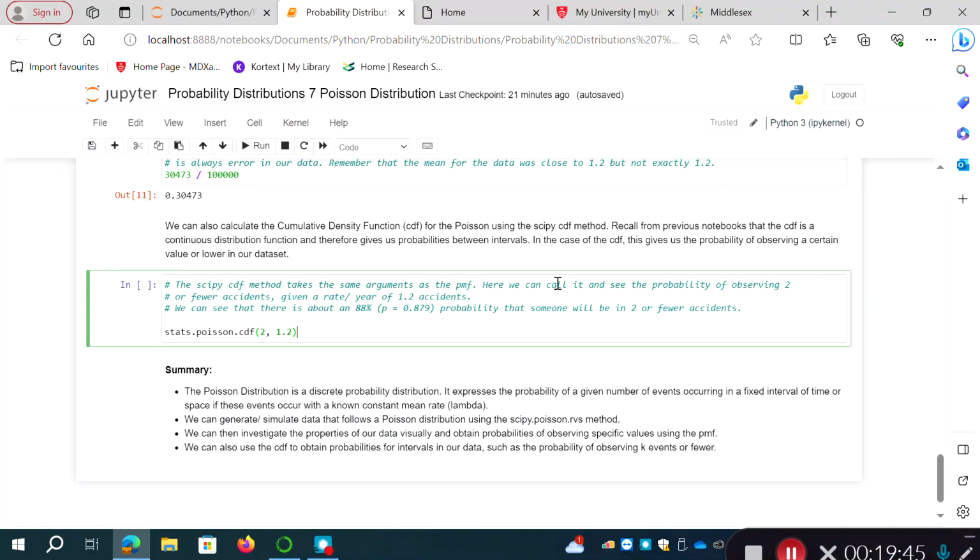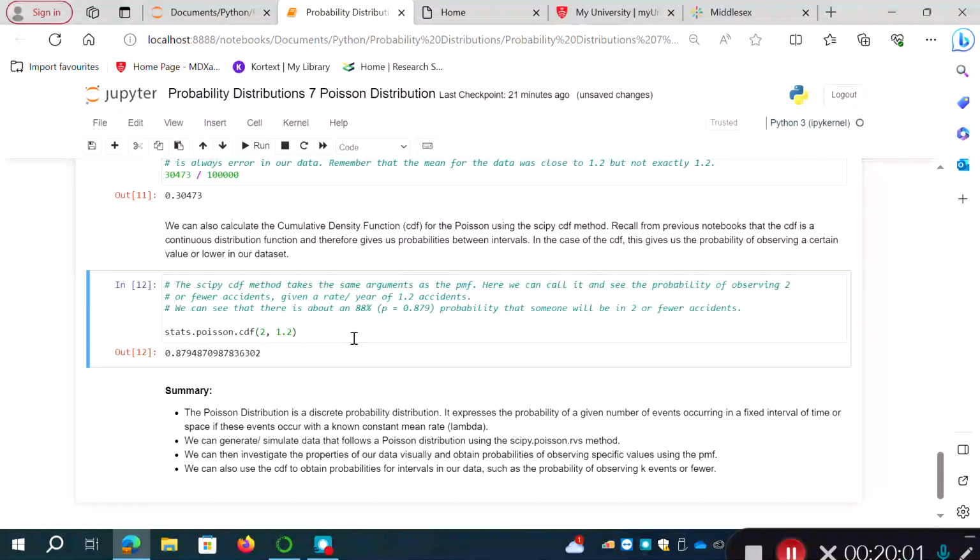So here, we're going to call the CDF method and see the probability of observing 2 or fewer accidents given a rate per year of 1.2 accidents. If we round that to 2 decimal places, we see there's about an 88% chance, P equals 0.879, that someone will be in 2 or fewer accidents in